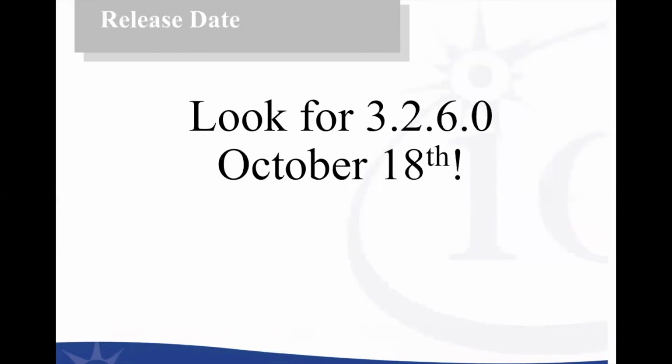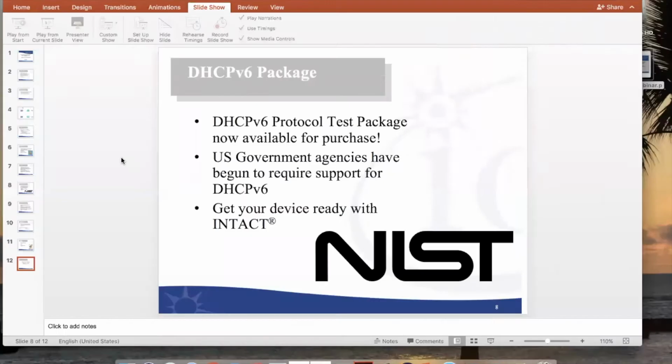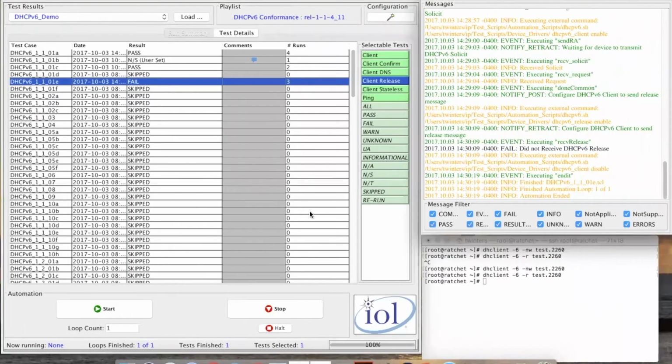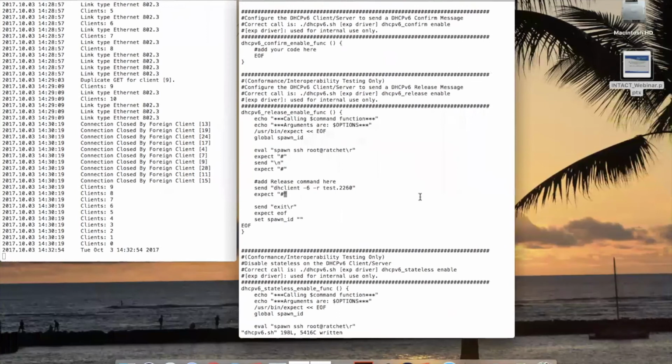The device driver in this scenario, we had a question about exactly what that applies to. So I'm going to redisplay that really quick, just to remind everybody. The device driver is a script that we give that helps you log into the device. So in this case, in this release, I run expect, and then I SSH into the device under test. And then I get a prompt, I go through and I do this. And then I said, okay, make sure I send the DHCP release. So that is entirely independent of the,